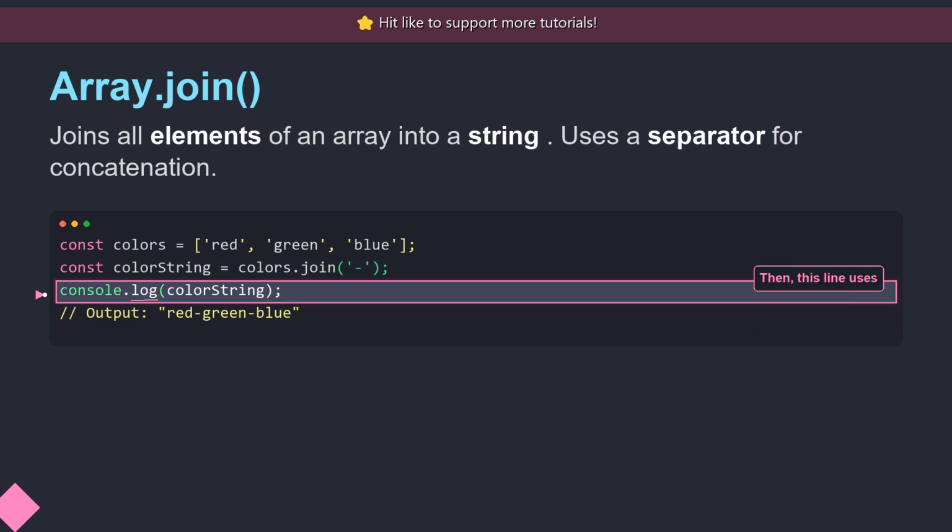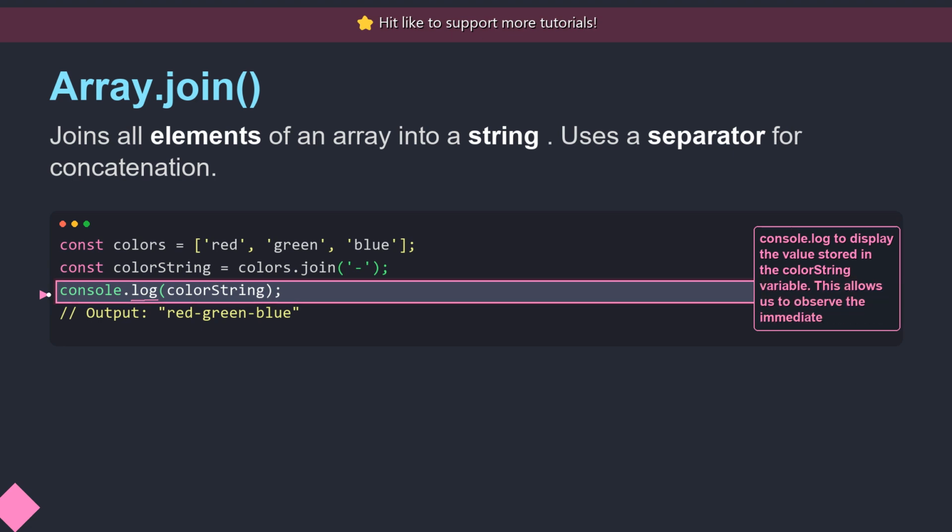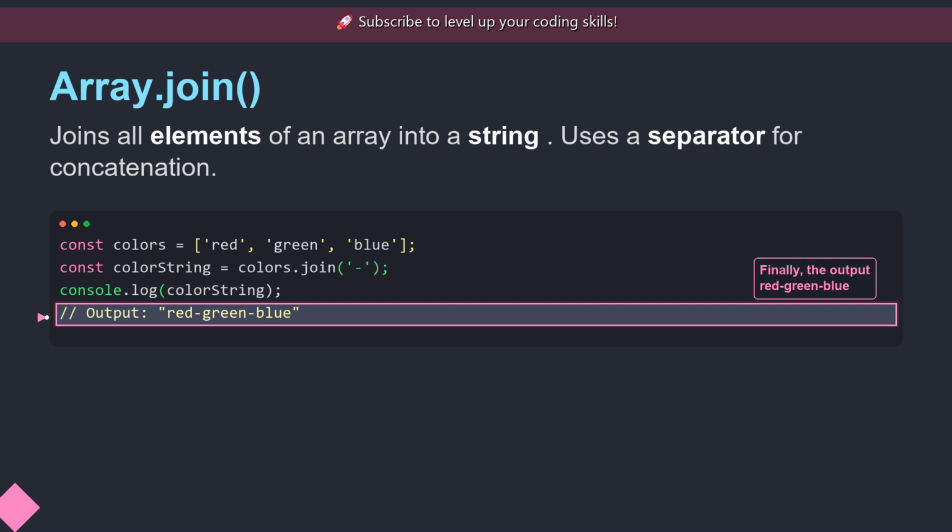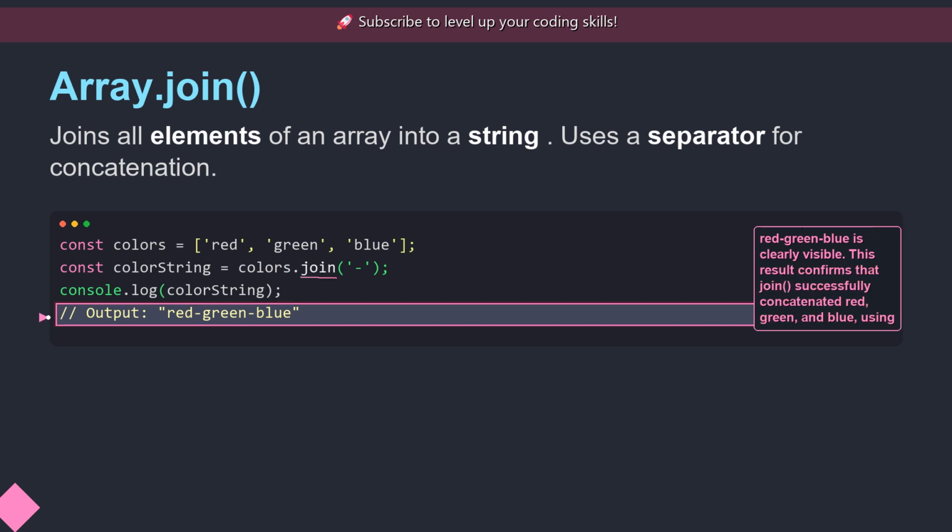Then, this line uses console.log to display the value stored in the color string variable. This allows us to observe the immediate output of the join operation, verifying how the array elements were successfully transformed. Finally, the output red-green-blue is clearly visible. This result confirms that join successfully concatenated red, green, and blue, using the hyphen as the specified separator between each